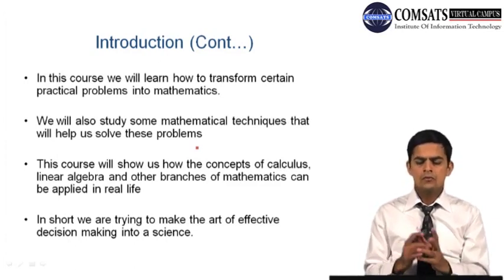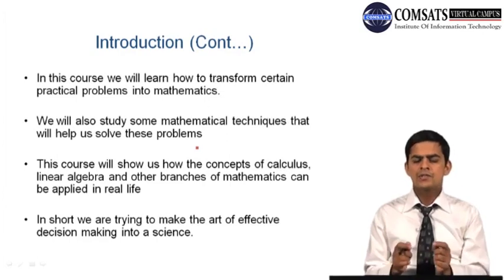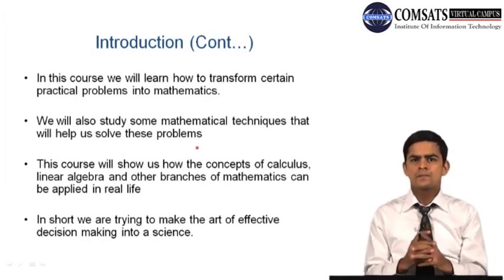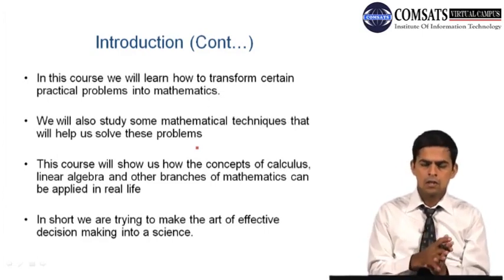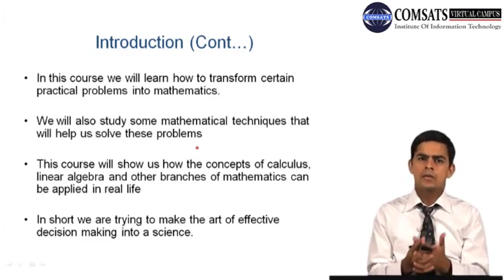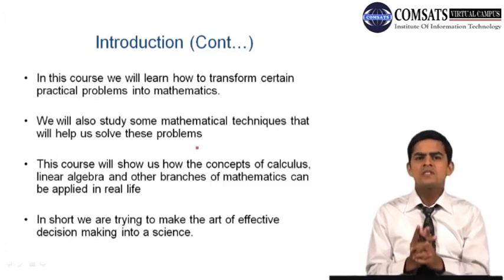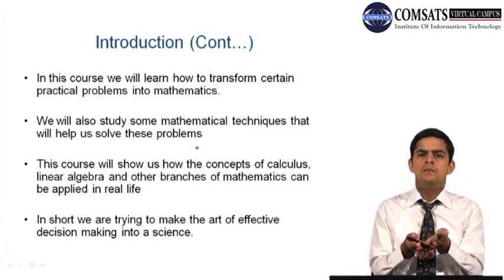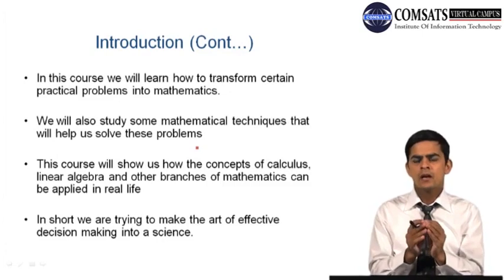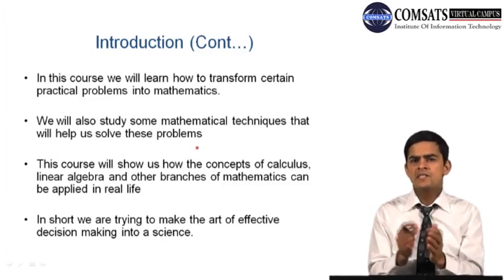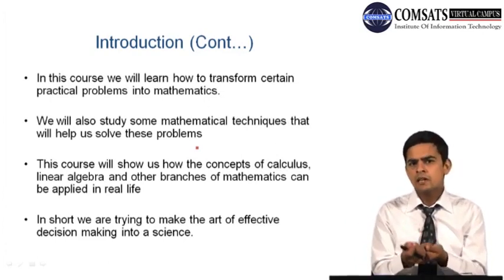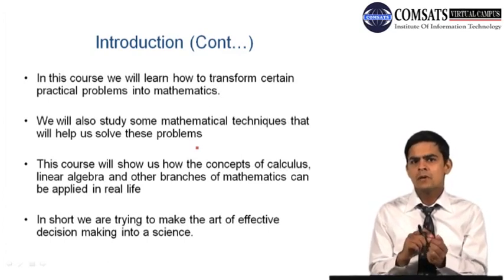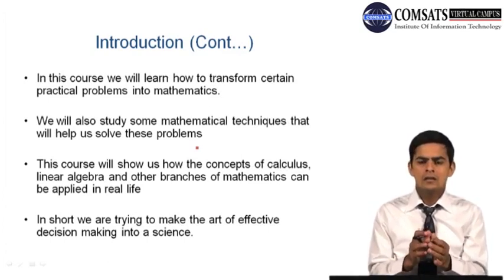So in short, we are trying to make the art of effective decision making into a science, into mathematics, right? We want to convert the art of effective decision making into mathematics. Of course, this cannot be done every time. We cannot convert every single problem into mathematics and then solve it. There are limitations on us. Maybe we can convert the problem into mathematics, but solving it may require a